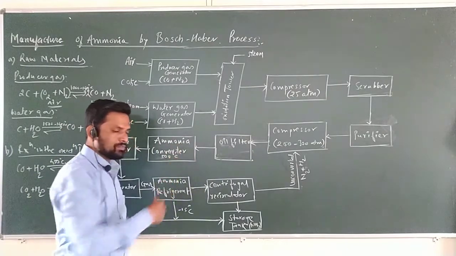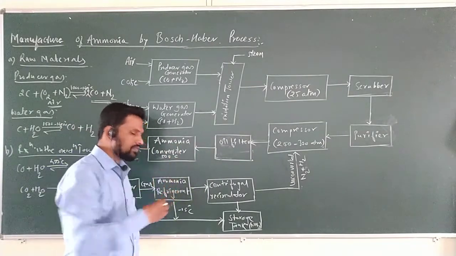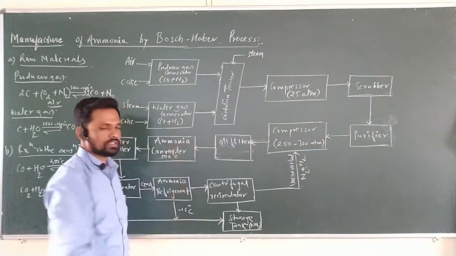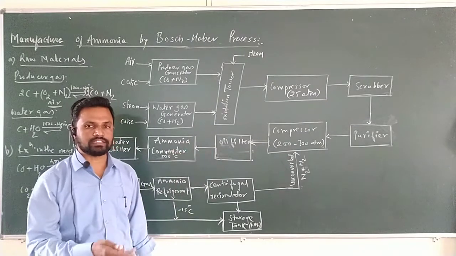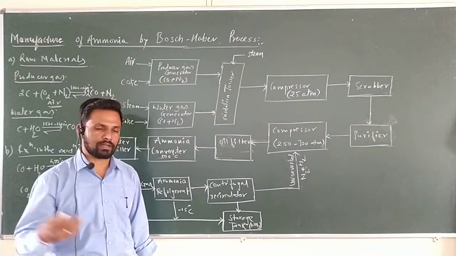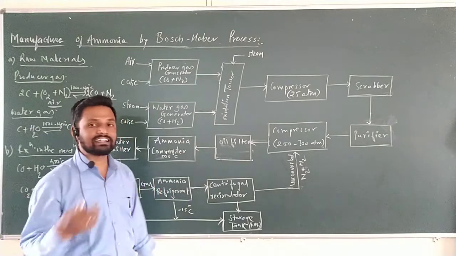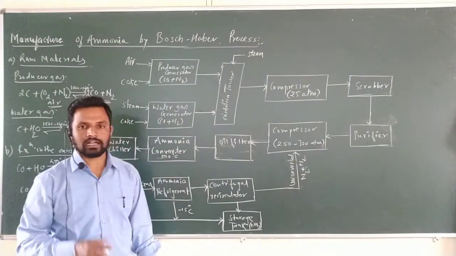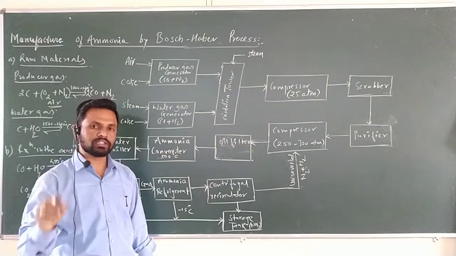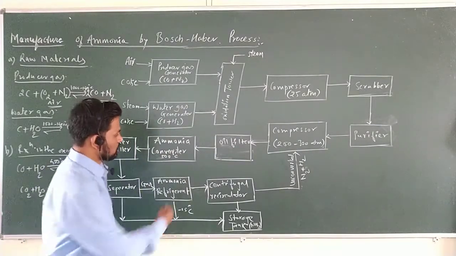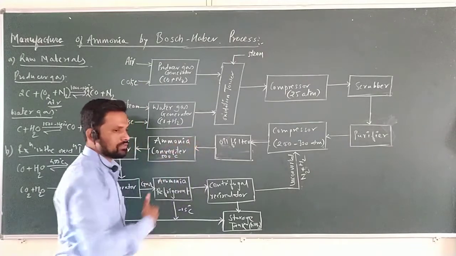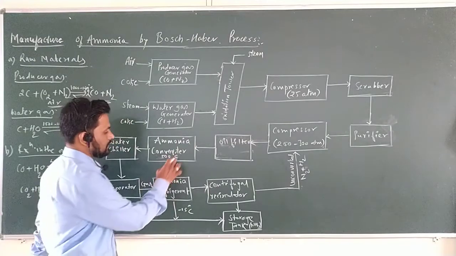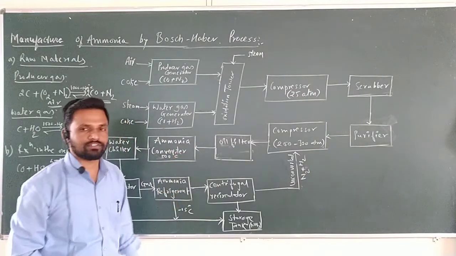Here in the converter, they are passed finely through the iron catalyst. Before sending toward the ammonia converter, those gases of nitrogen and hydrogen both are passed over the iron catalyst, which is the catalyst we already discussed for the formation of ammonia. N2 plus H2 through the iron catalyst forms the ammonia. So before passing through the converter, they pass over a finely divided iron catalyst. What is a converter?